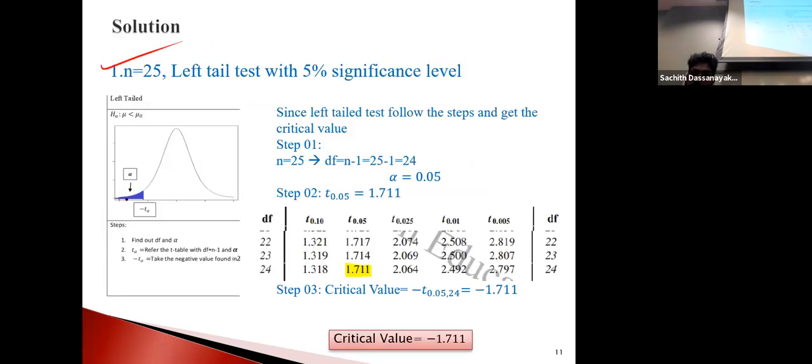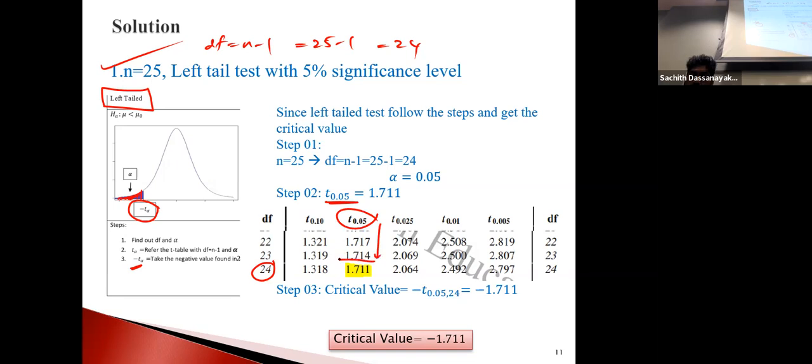Let me use this one, the first one. See, it's a left tail test, so you have to color the left tail of this distribution. You need to find this value. Since it is a left tail, first find the value and put the negative sign. It's going to be a negative value. So the value is t 0.05, comma, degrees of freedom df, n minus 1, which is 25 minus 1, so 24. You can find 24 here, alpha 0.05, so t alpha is this one.